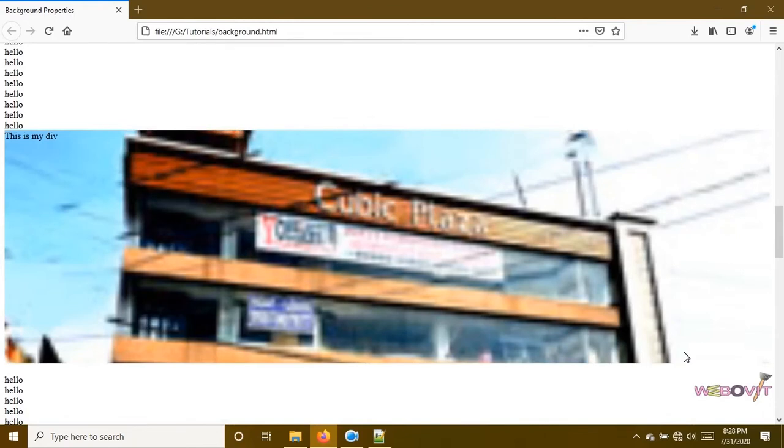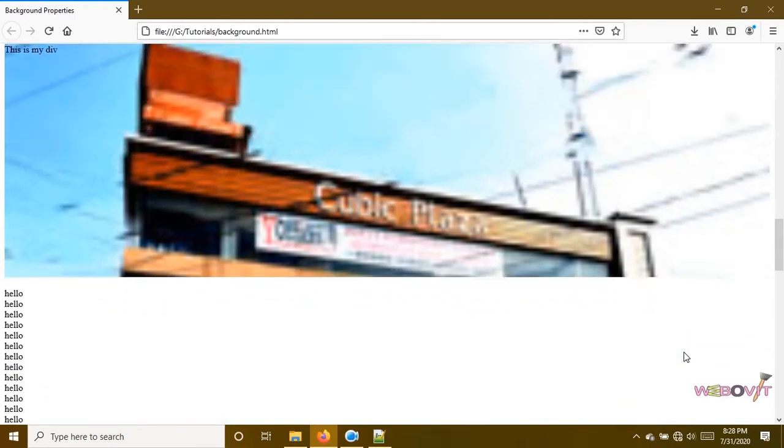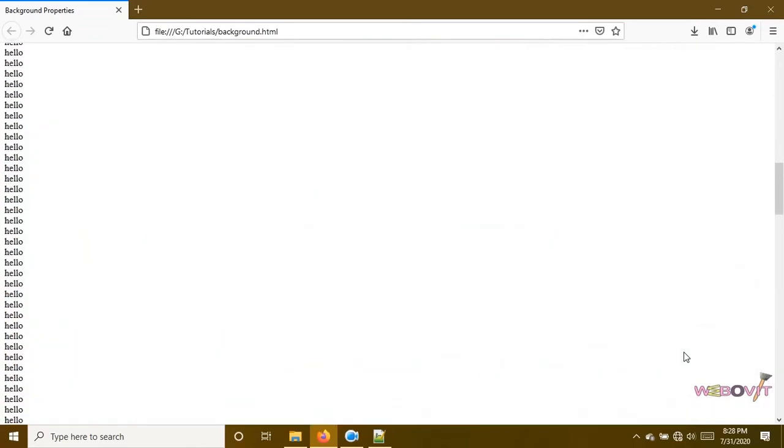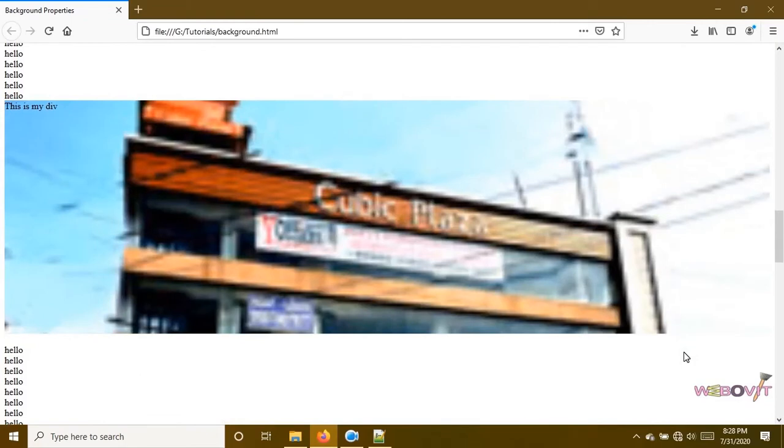It appears like we are peeping through a window and the image is available in the backside. So using this wonderful tool, we can create a wonderful effect like this. It depends upon your creativity, how creative you are. You could make very wonderful effects using CSS, only using these few things.